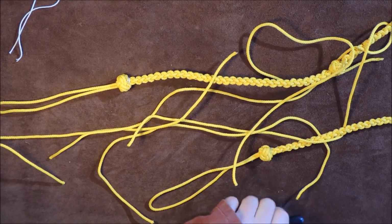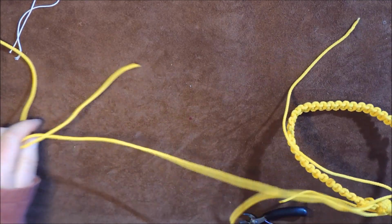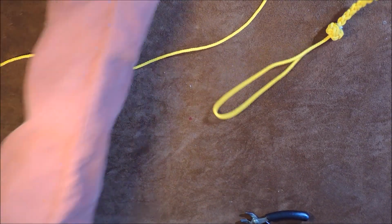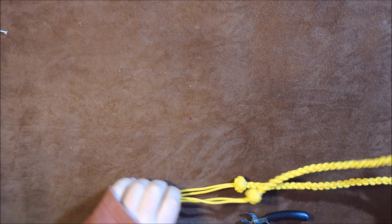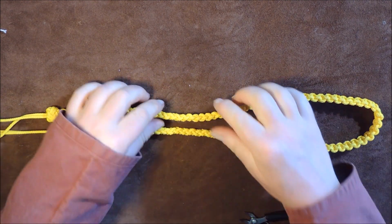Alright, so there we go. I've tightened it off. I've cut my spider's legs off. I hope I have. Hang on, what's here? Yeah, I've cut them off. And so now, clear the decks. Get rid of everything off the decks. And you can see now here, we have a nice decorative lanyard here